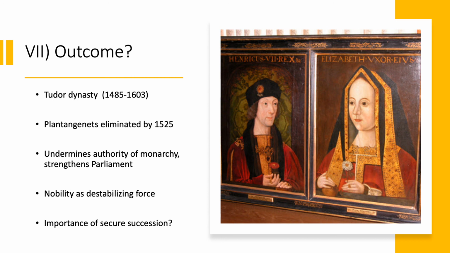Ultimately, what we see, the impact of the Cousins' War, is that it really does undermine the authority of the monarchy. If the king can really be one of many individuals, what really gives him the right to rule? Obviously, the violence has been limited to these large-scale conflicts, but it spills over into the countryside. Villages, towns become collateral damage. Trade is disrupted. As long as the nobility, including the king, are fighting, they're not able to ensure that justice is seen. So you really start to see the shift in the nobility as a destabilizing force rather than as one that ensures good government.